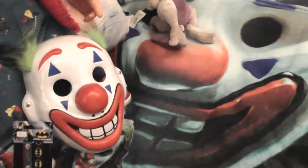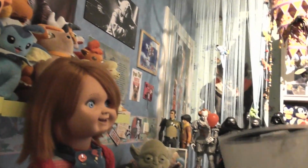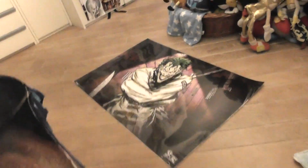I would like to show you a few last things that I randomly got there. Got 2 posters, but I'm gonna show you them later. They're also Joker related. I have one horizontal one to replace Kylo up here, who has been hanging there for like several years now. Still handsome as ever. But this guy here, this is the horizontal one. Poor Joker, completely restrained. Yeah, poor guy. I feel compassion for him when he's like that. This was the last one, apparently. Still very glad I collected it, even though I wasn't quite sure I really liked the image, but...